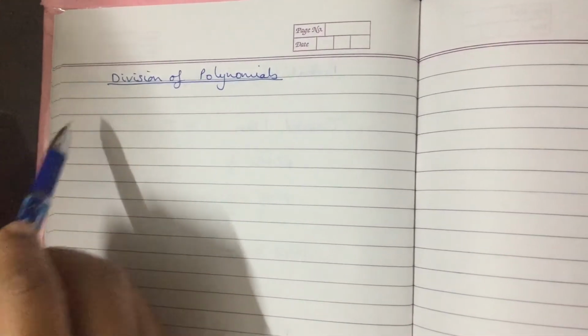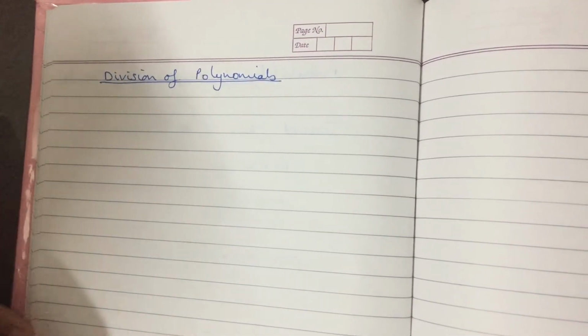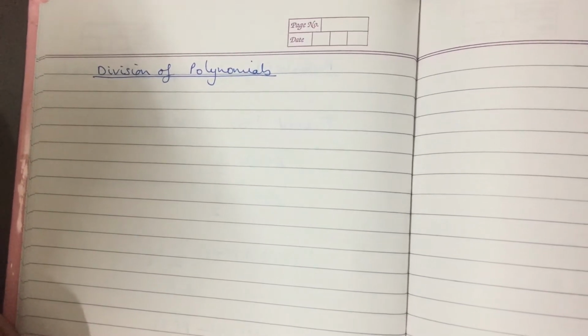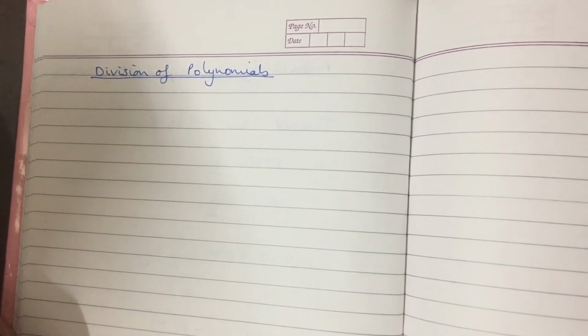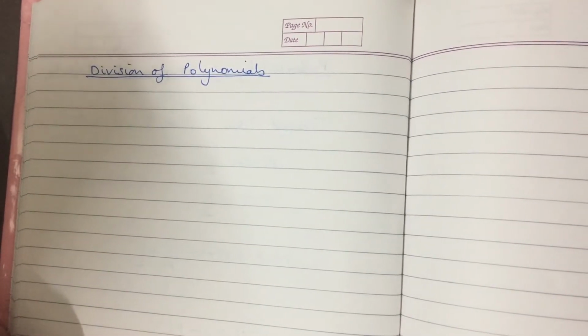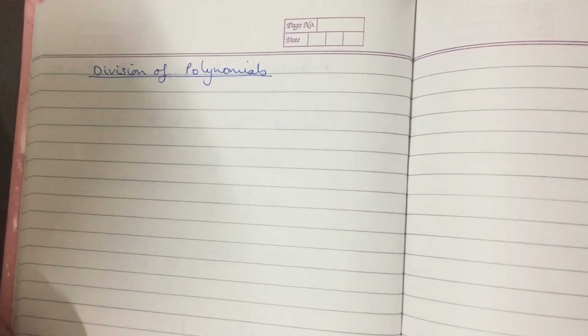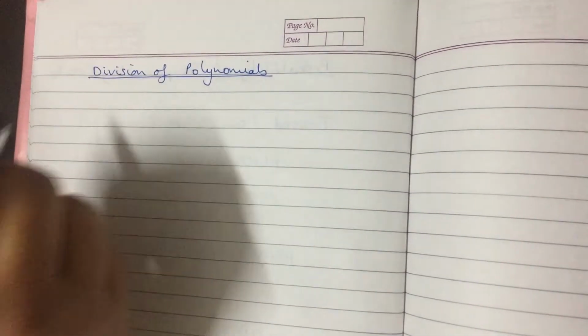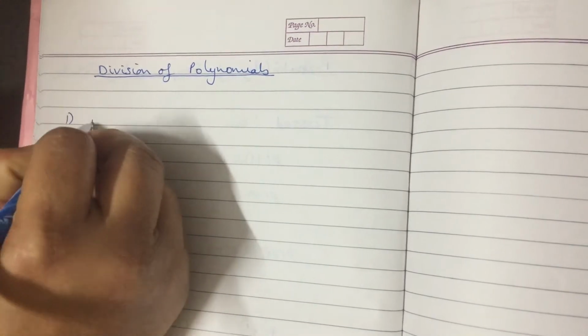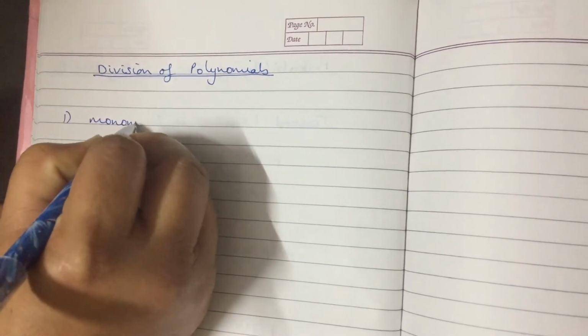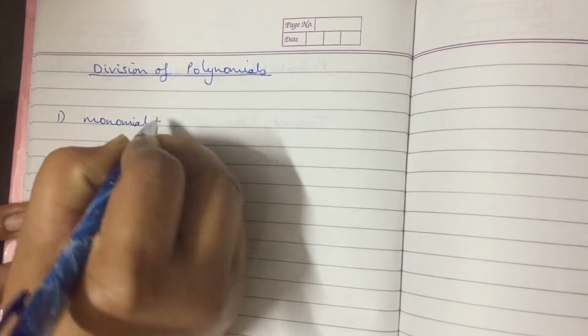Today's topic is division of polynomials. Polynomials can be taken as monomials, binomials, or trinomials. We're going to take up different cases. The first case being a monomial being divided